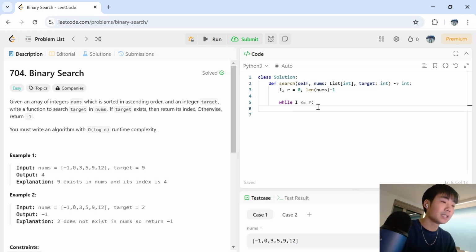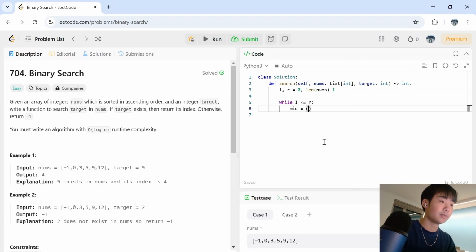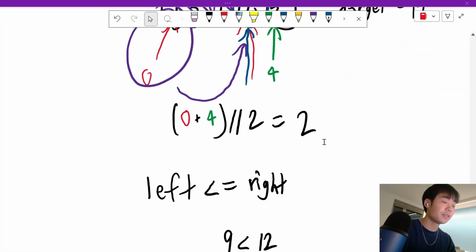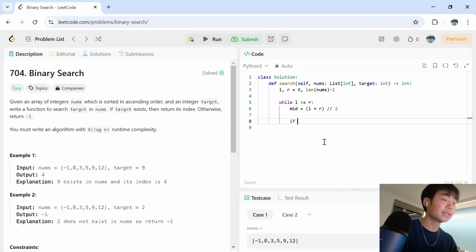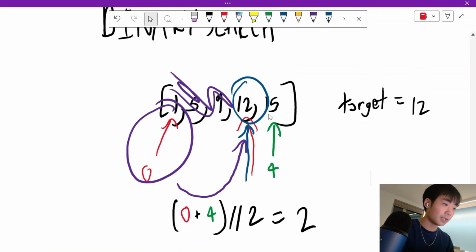So while left is less than or equal to right, I'm going to say mid is equal to, like I said before, the left plus right integer division of 2. And then we're going to check each case. And so I said before, if the left pointer value is less than the target, that means that, so like we said over here, if